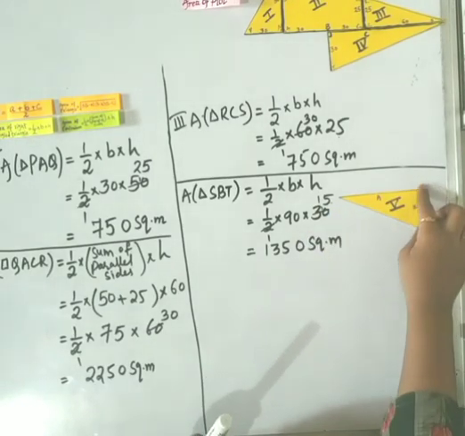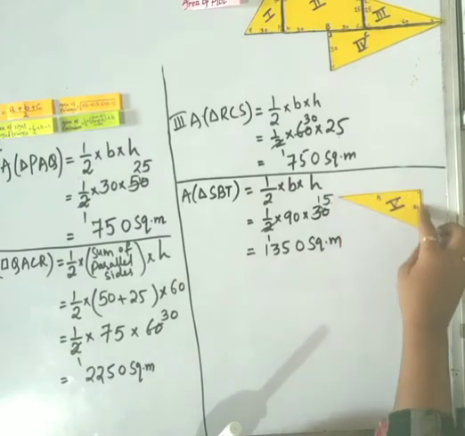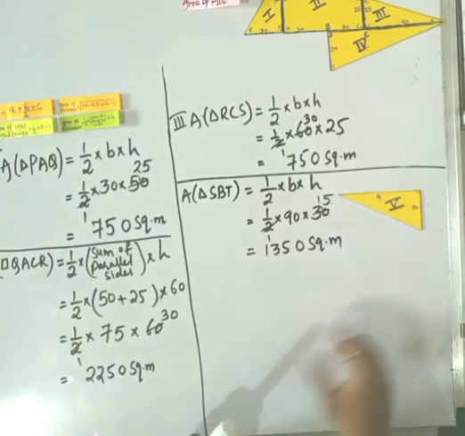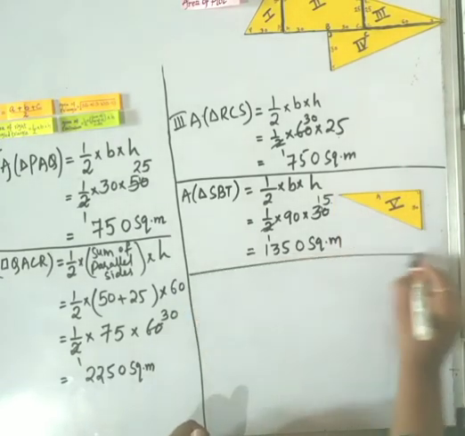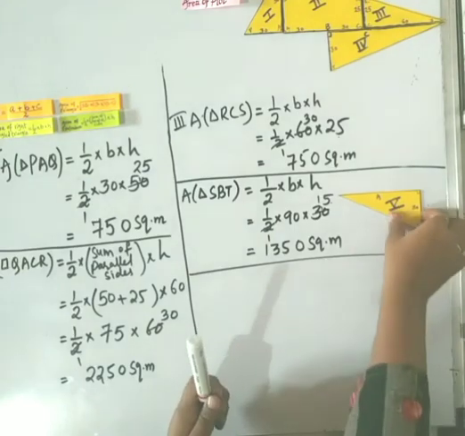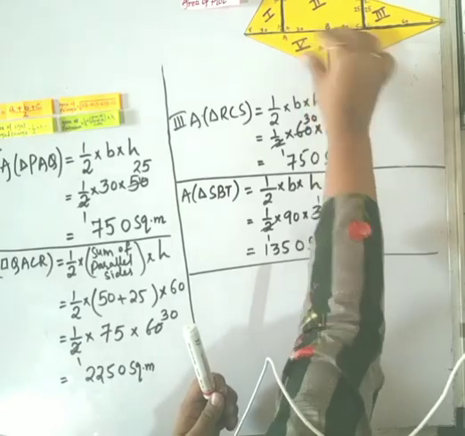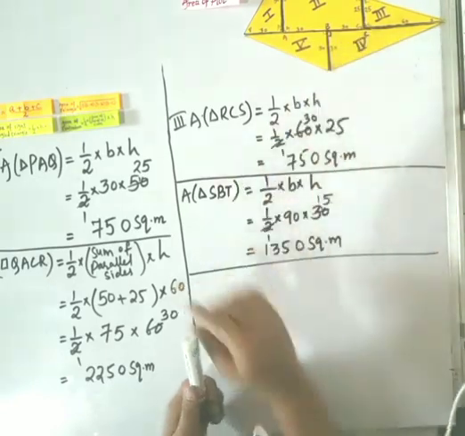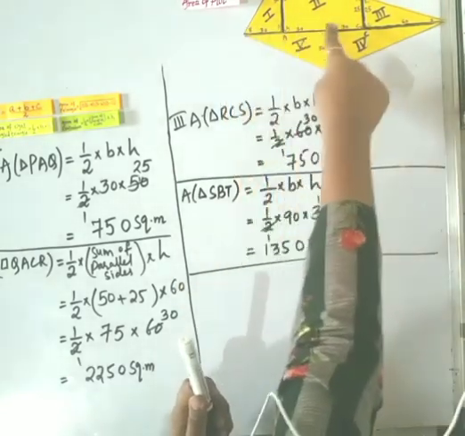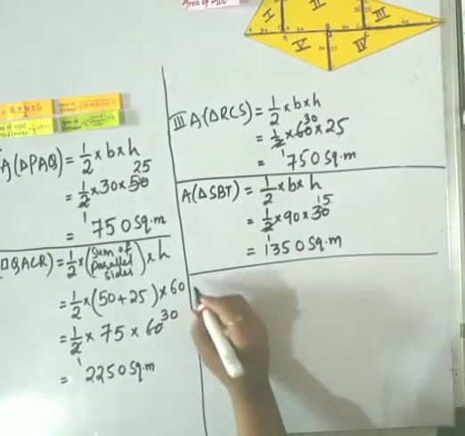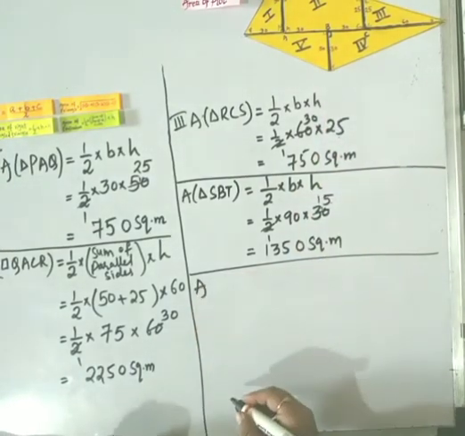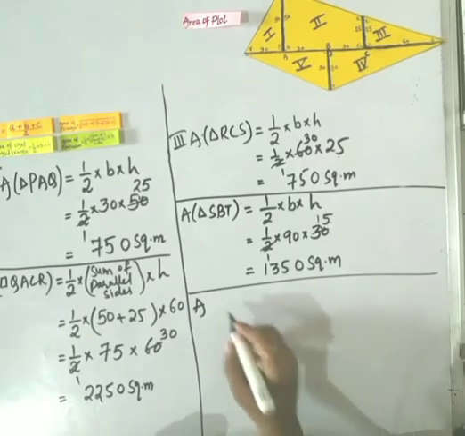Okay, now the last part, this fifth part. Now this fifth part, if you'll see, is again of triangular shape. It is a right angle triangle. So let's see what is the name of this right angle triangle. Let's put it here on its place. Okay, so the name of this triangle is PBT. So area of triangle